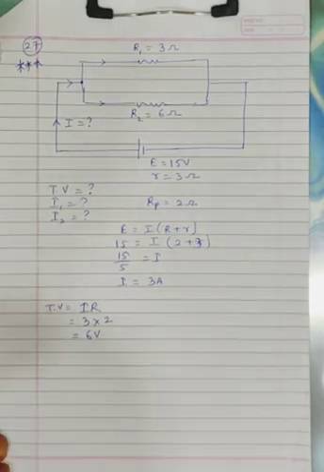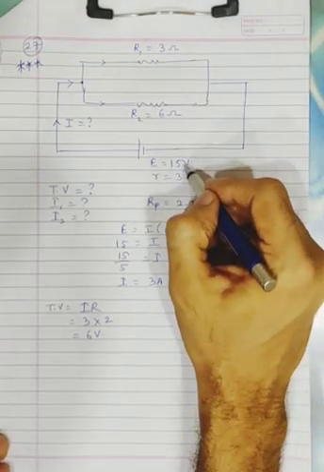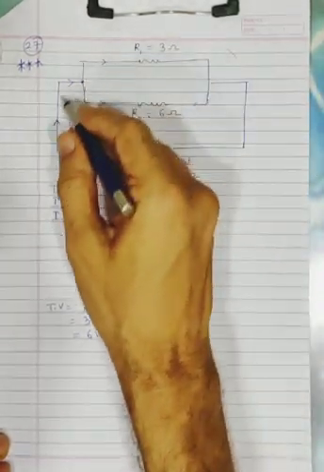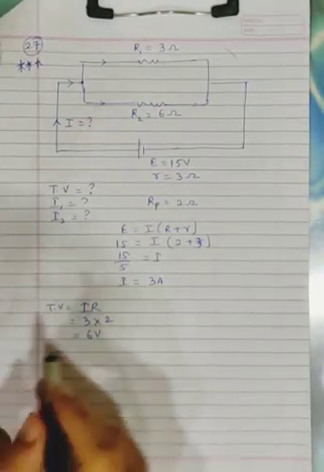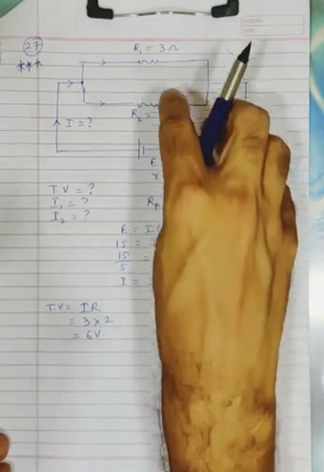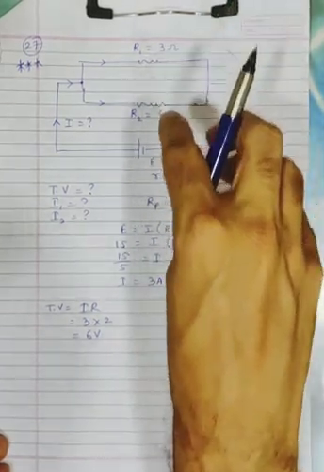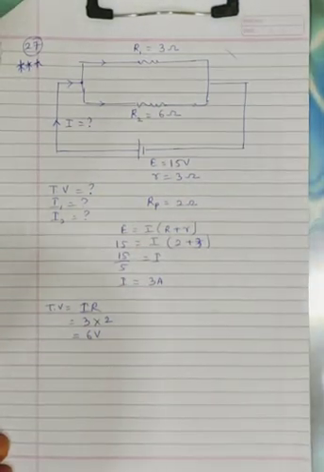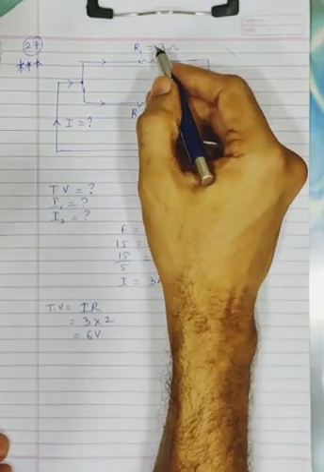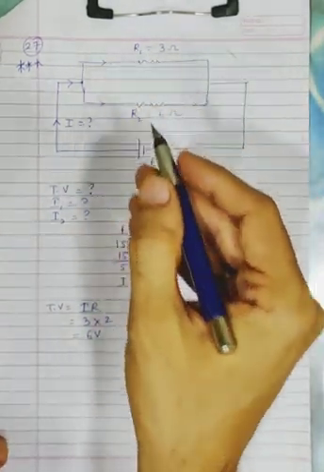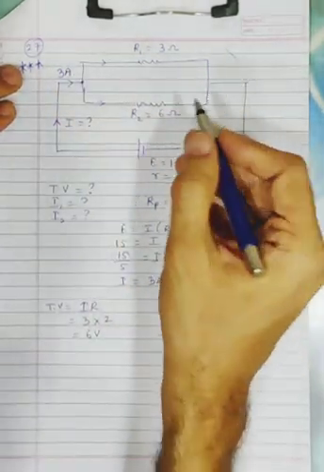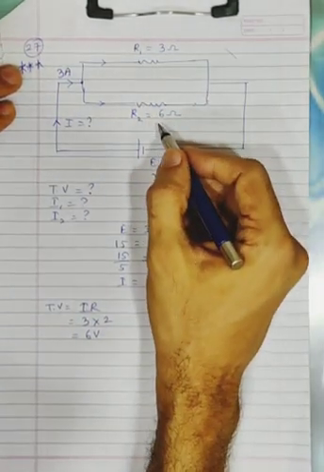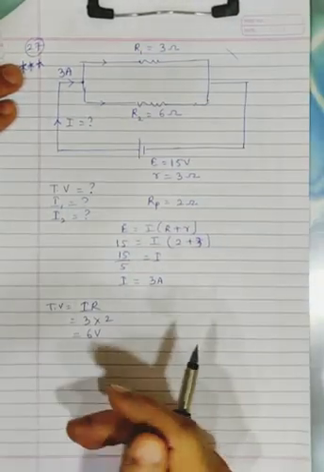6 volt. See, what does it mean? You had 15 volts, but out of 15 volts, only 6 volts is used by the resistors. Though you had 15 volts, you are able to give only 6 volts to your resistors. So the drop in the voltage is 9 volts. Now, they are asking us to find I1 and I2. We have been doing this kind of sums earlier also. When 3 ampere is given, let I1 be X, let I2 be 3 minus X, and then solve it.